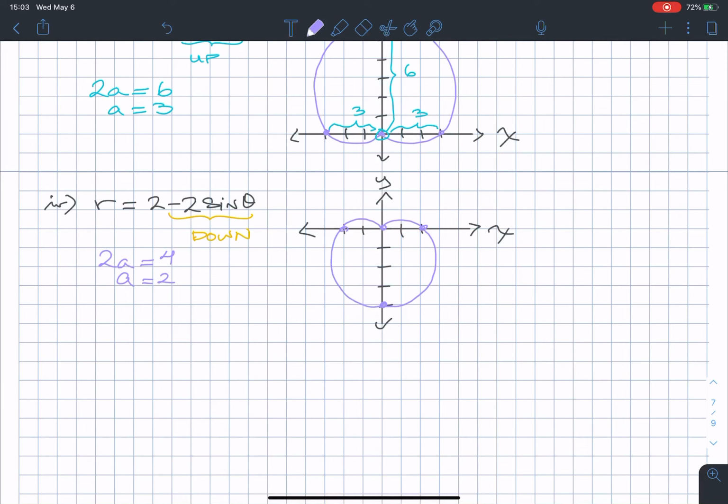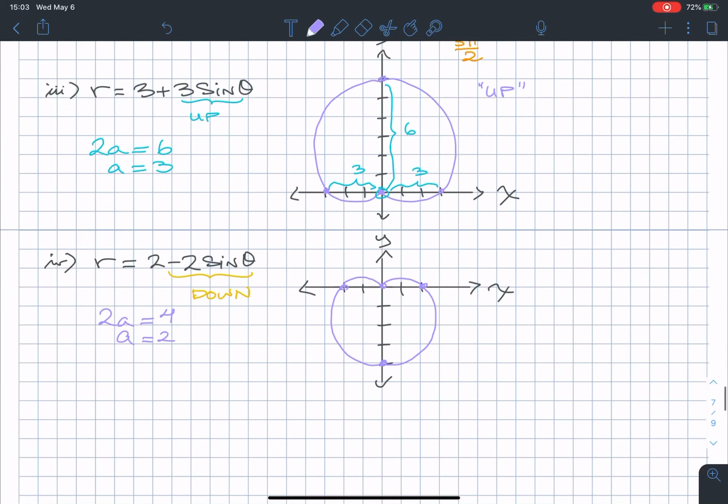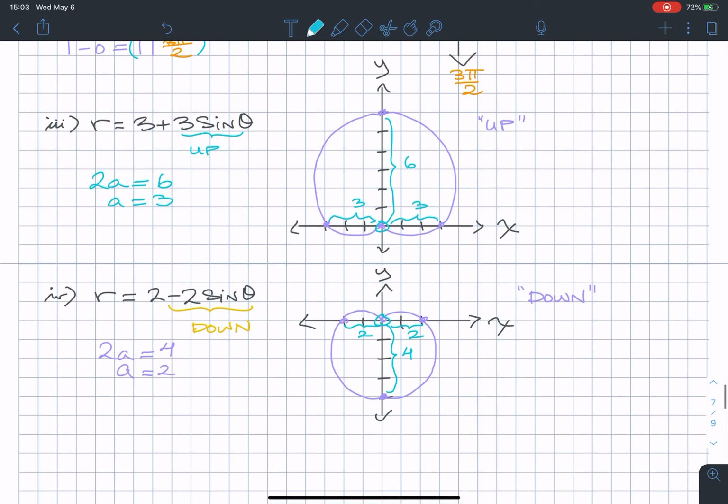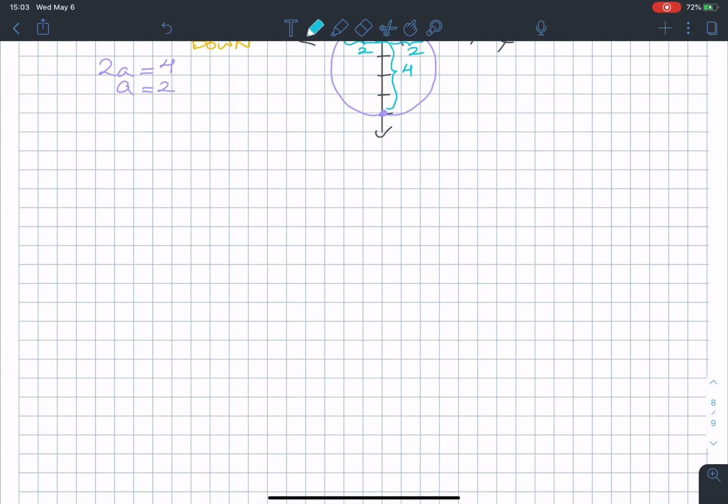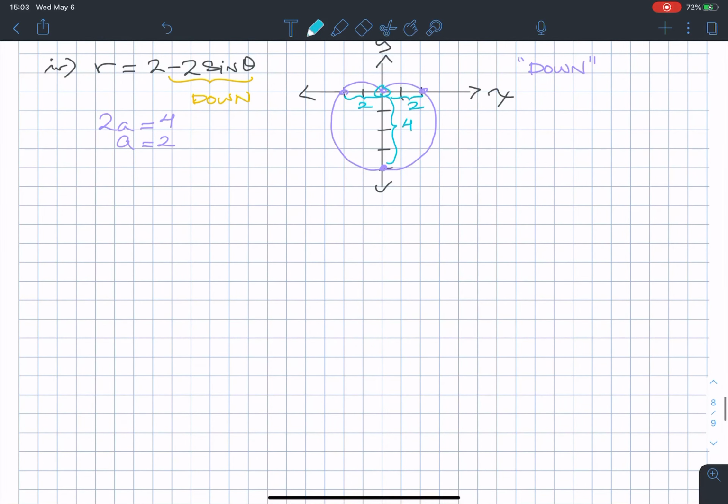Okay, something like that. Okay, notice that this is oriented down because it's sine, it's up down, with the large radius being 4 and the side radii being 2. Now you don't have to draw these little blue guys. I'm just trying to illustrate. Okay, so I think I'll stop here with cardioids, and we'll do